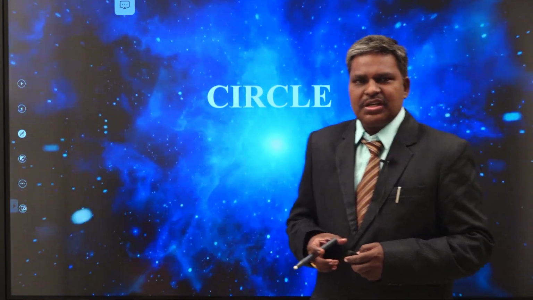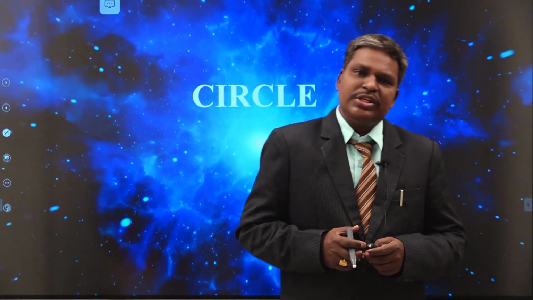Hello students, last class we discussed how to find the equation of a circle whose extremities are given to you. Suppose your extremities are x1 comma y1, x2 comma y2. What is the equation of the circle? (x minus x1)(x minus x2) plus (y minus y1)(y minus y2) is equal to 0. What are x1, y1, x2, y2? Extremities of the diameter of the circle. Now, if you know x1, y1, x2, y2, you can easily write the equation of the circle.